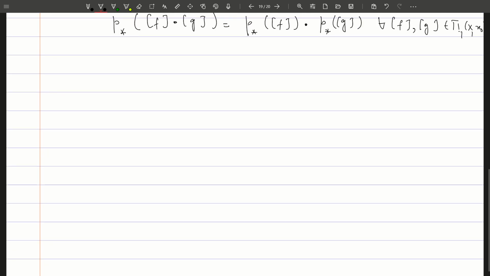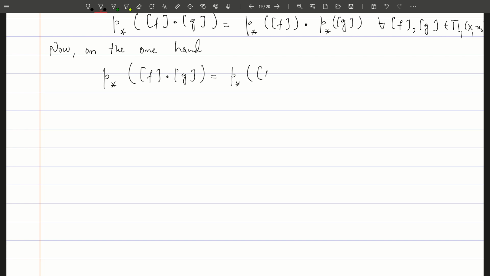Now on the one hand, p star of f product with g, this is same as p star of f dot g, which is same as the homotopy class of p composite with f dot g,